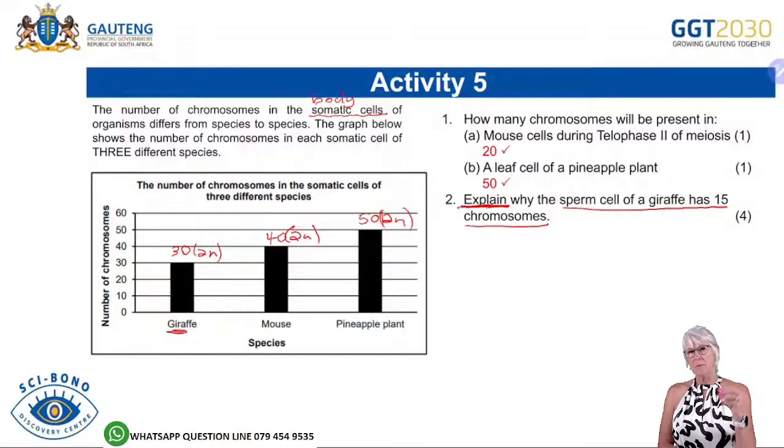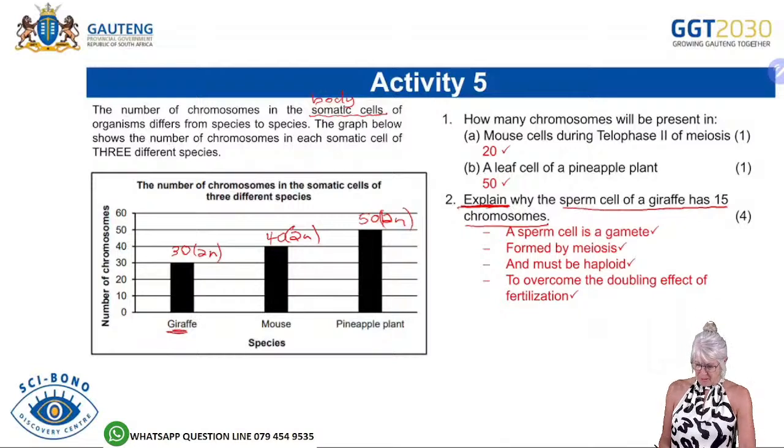Now we need to explain why the sperm cell only has 15. What we need to say is that the germinal epithelium, or the original cell in meiosis, has 30 chromosomes, but it undergoes meiosis, and by undergoing meiosis it reduces the number of chromosomes, and therefore it will end up with 15. So let's see how they worded it